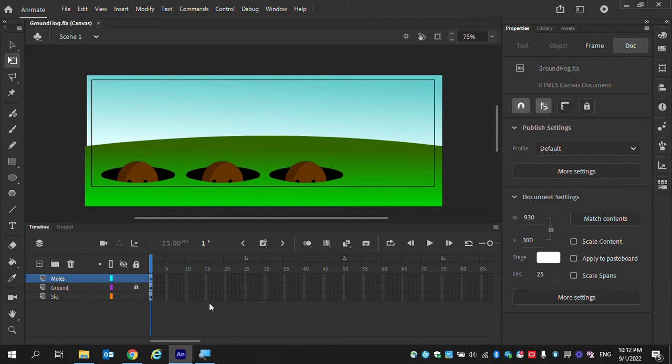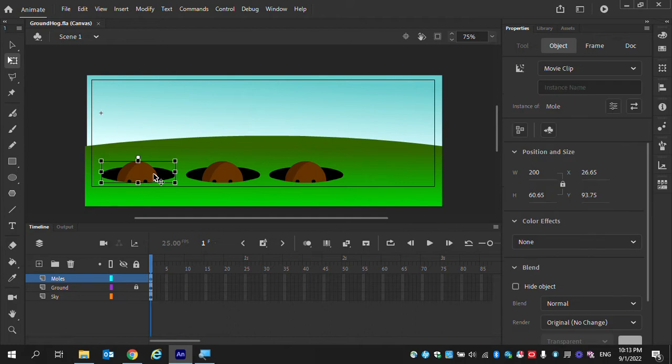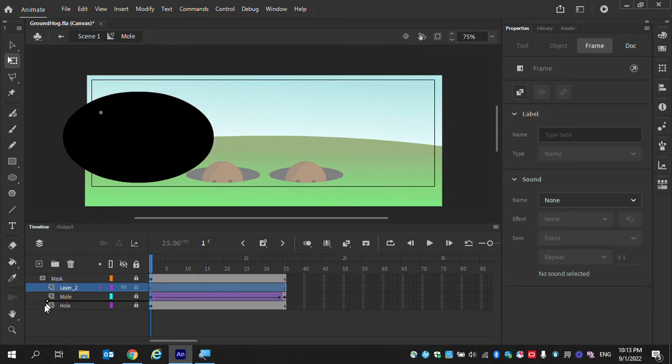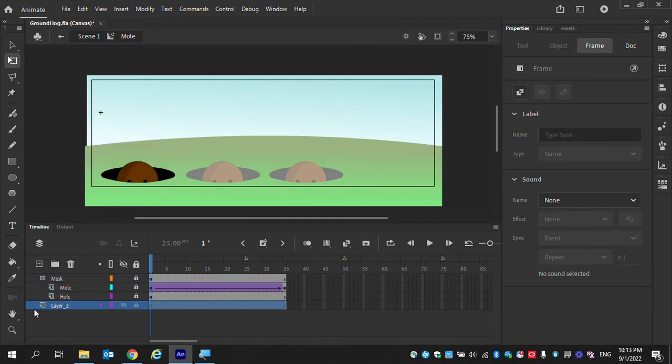Okay, let me go to the timeline. I'm going to select one of the moles, which is the instance of the mole here. You can see, I'm going to double click this in. Now you can see we're inside this animation. We will need to create a new layer. This new layer will need to be dragged out of the mask. I'm going to call this script. Then in the first frame, I'm going to right click